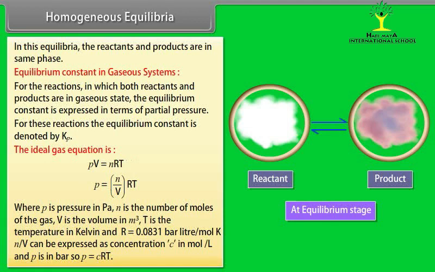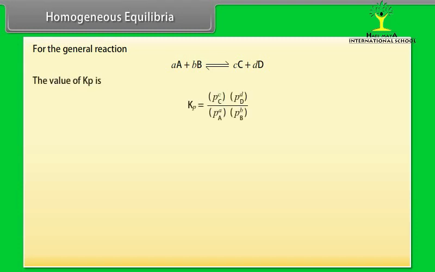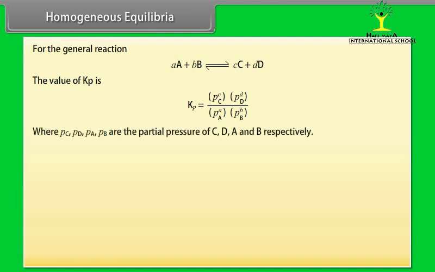N by V can be expressed as concentration C in mole per liter and P is in bar. So, P is equal to CRT. For the general reaction, the value of Kp is where Pc, Pd, Pa, Pb are partial pressure of C, D, A and B respectively, and it can be solved